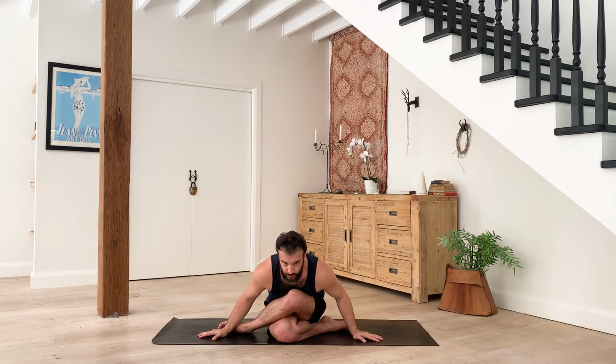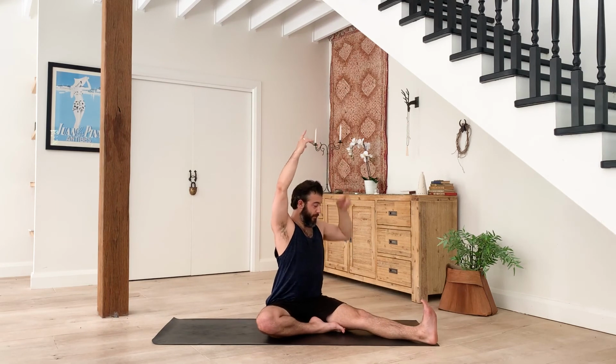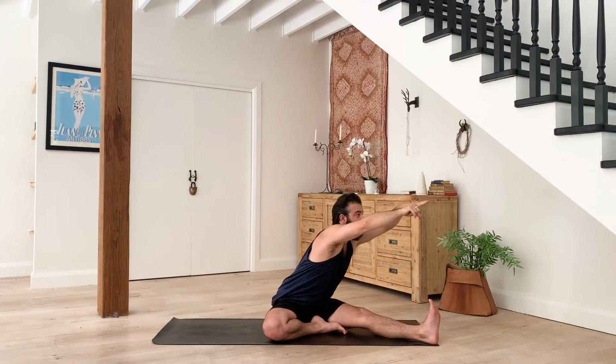At least 5 more here. One more deep breath now. Inhale, chest lifts up. Left leg kicks out to the left. Arms raise up, lower back lifts up. Turn towards the foot and really raise the foot as you reach as far forward as you can and then